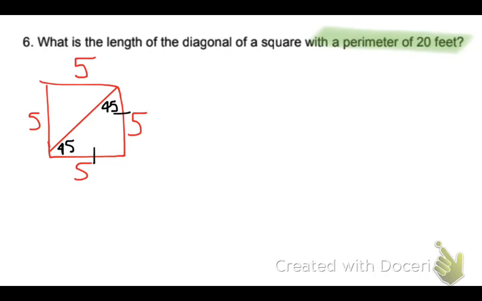Squares will always make 45, 45, 90 triangles. Don't forget that. So, we know that these 2 sides represent x and x in our pattern, and then the hypotenuse of a 45, 45, 90 triangle is just those legs multiplied by root 2. So the diagonal is just going to be 5 times root 2, which is just 5 root 2,